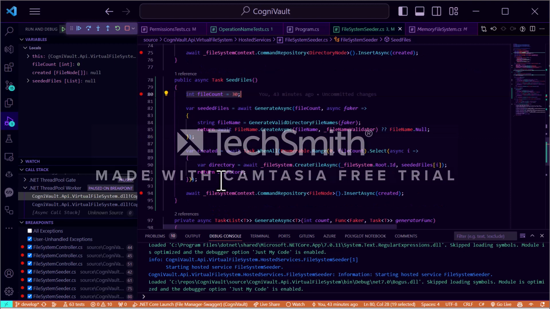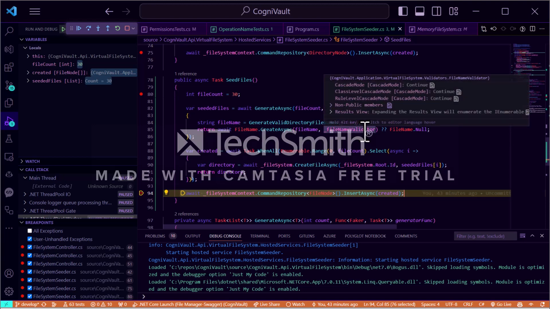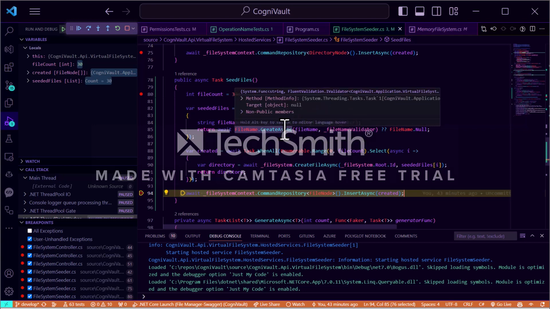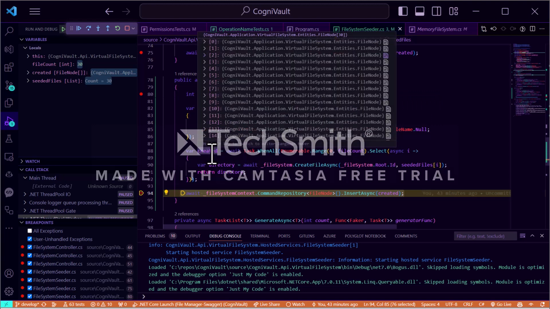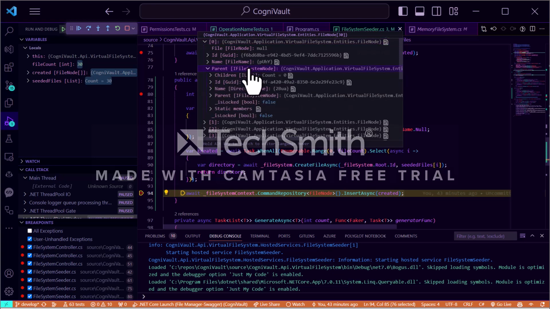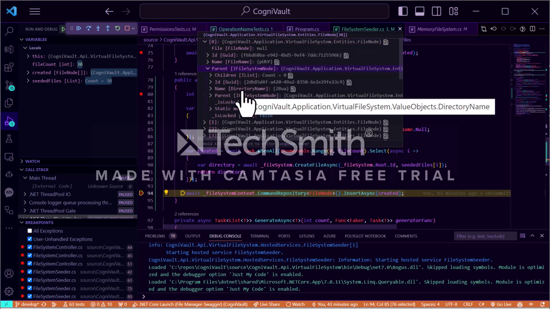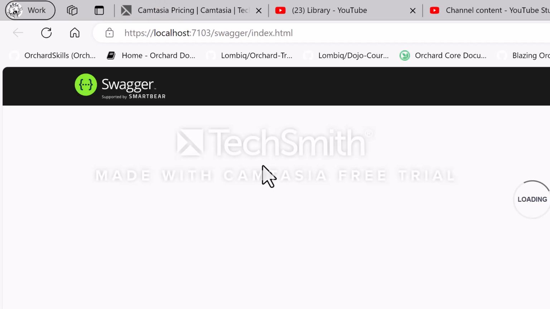So we get through that. We're going to do 30 files. Same scenario here, F5. So in each of these, we've created that bogus data. We're also validating that name so that there aren't any funky characters like a slash, and using a factory method to create that name, which is then going to create all of that bogus data for us. When we hover over this, we can see that these are of type file node. If I look at the first set, we can see that it is of type file name with bogus data. That has a parent with a directory name of 2A, and it has a parent with a directory name of root. And so we're going to insert that data,